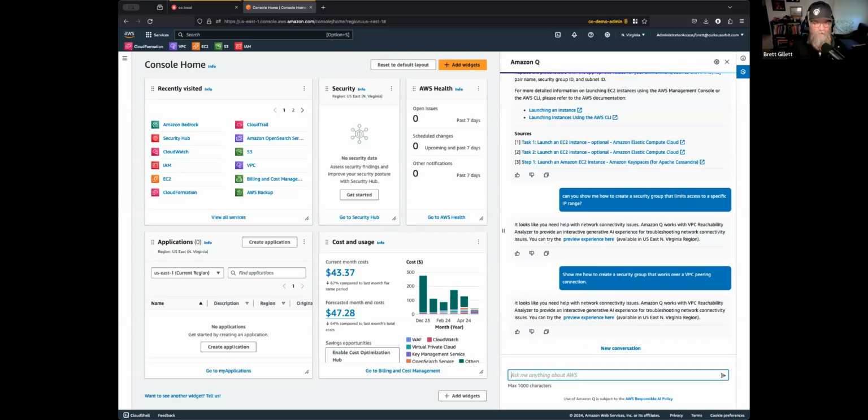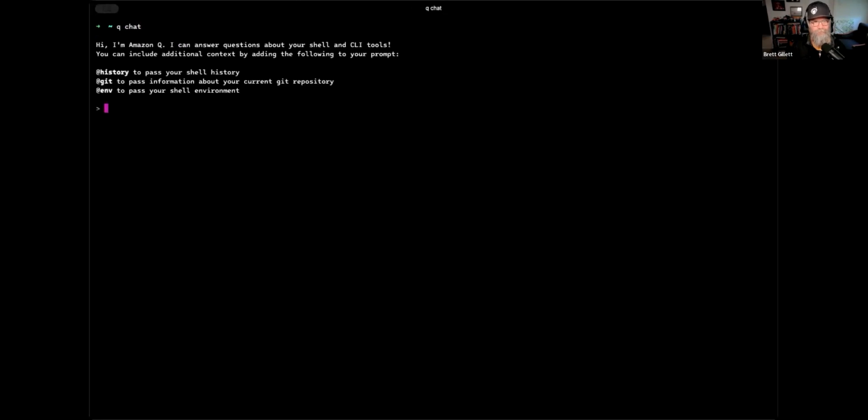The next example I want to show you is I'm going to change my screen share again. Going to go to my console here, and I do have the Amazon Q application, I guess I'll call it, installed on my Mac. Okay. So I can do something like this. Okay. So here we go. Now I'm chatting with Q through my management console, and I'll just ask it something similar like,